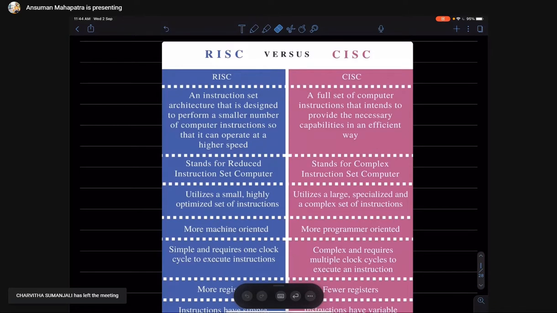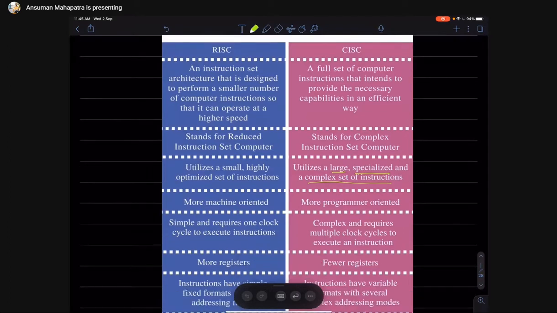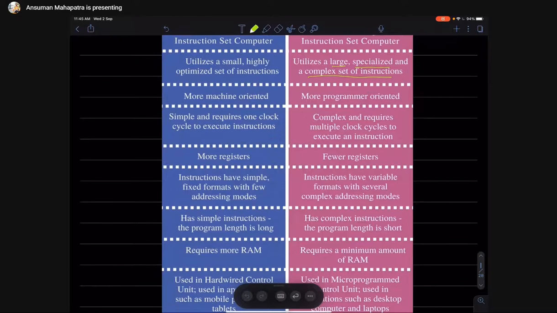RISC instructions are very simple, CISC instructions are very complex. RISC utilizes a small, highly optimized set of instructions, while CISC utilizes a large, specialized, complex set of instructions.